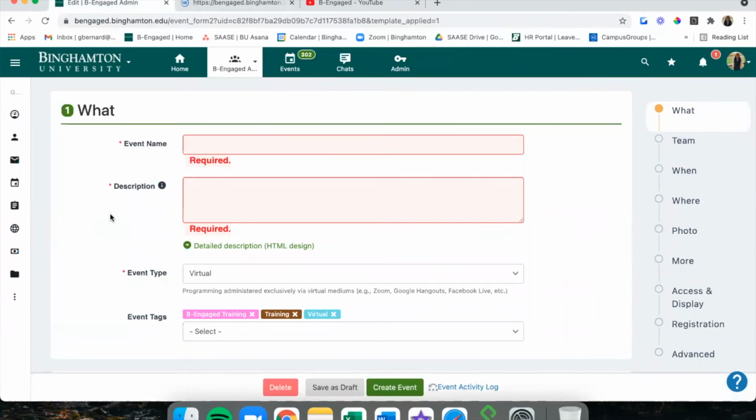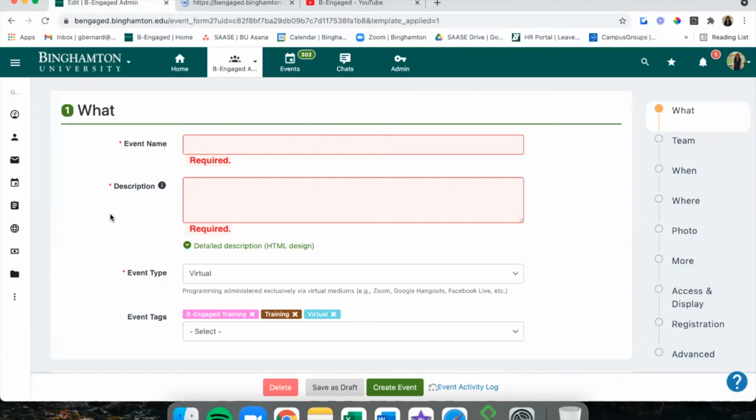On the university side of things, event tags are super valuable and helpful because it allows our office and other offices on campus to head into Be Engaged on the admin side of things and to pull events easily based on how they're tagged. And when I say pull events, I mean pull the information about the events.